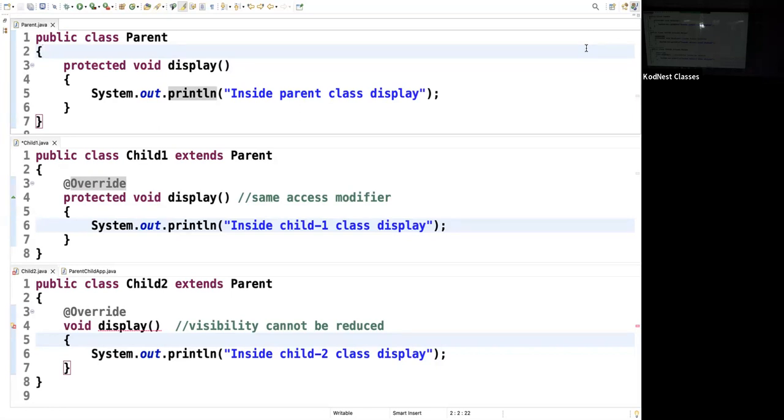After this, take down one note in your notebook. If parent class method is public,